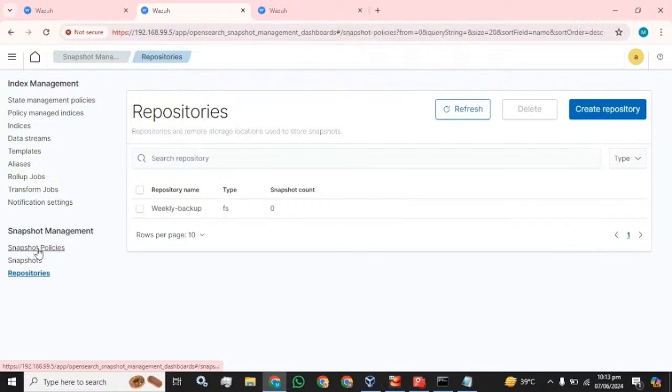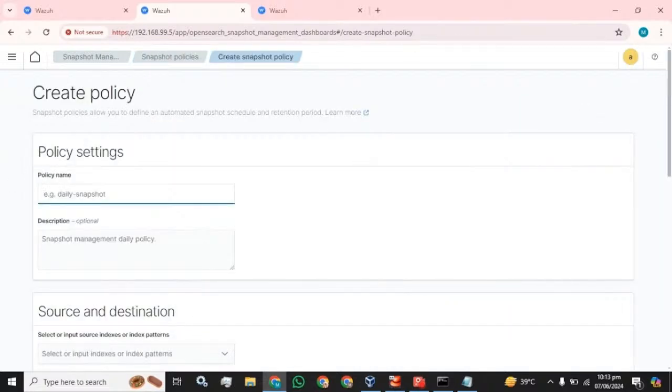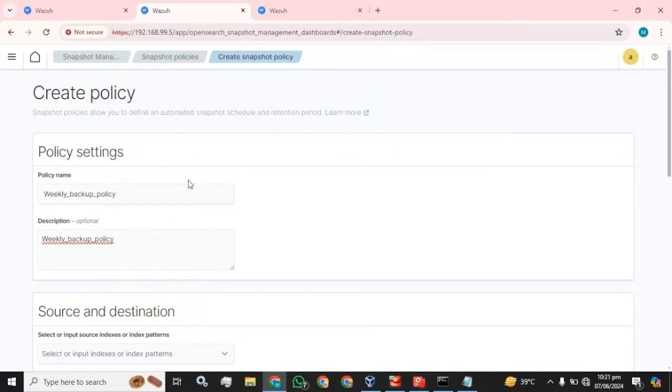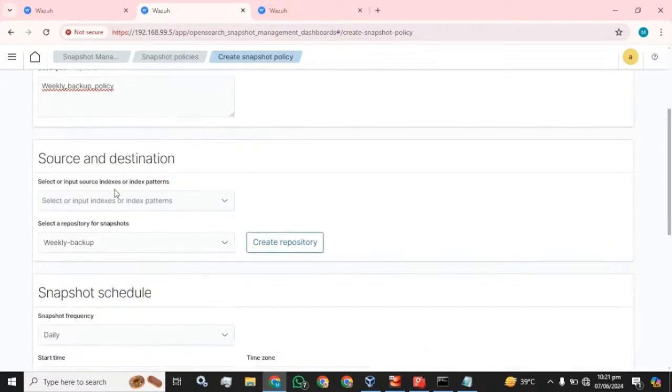Then we have to click on snapshot policies and click on create policy. Now name it weekly backup policy. Right, if you want to add any message or any information, you can add this in the description. So I have named it weekly backup policy and added some description, or you can say the messages you want to add,